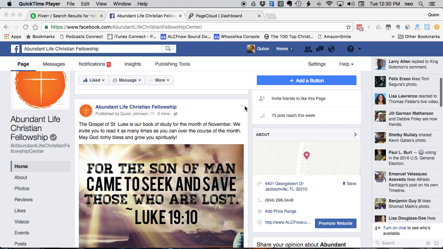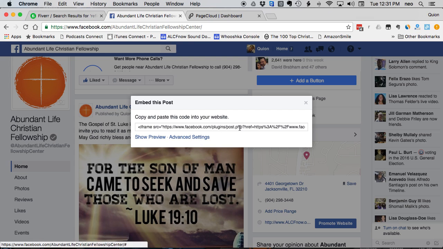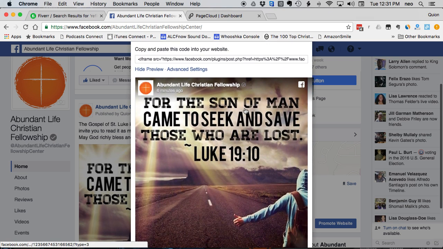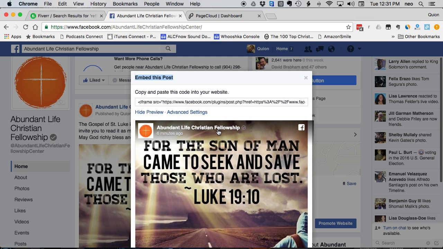And what we're going to do is go up top here where we see this arrow. We'll click on it and select embed. Now from there it's going to give you the actual code, but I want you to see what this actually looks like. So we're going to show preview, and this is what's actually going to be displayed when we embed it onto the website. And let's go ahead and copy,